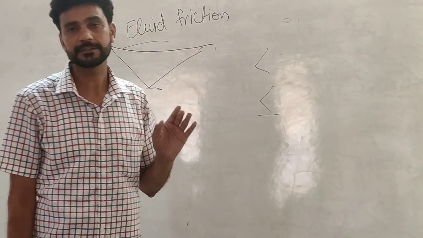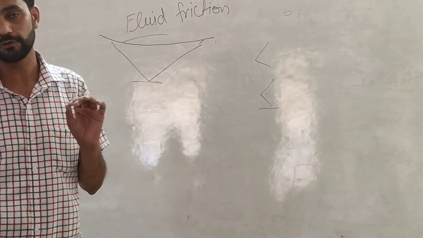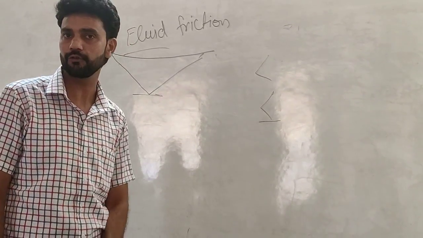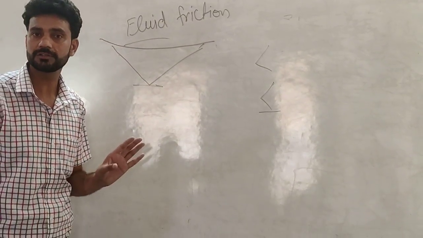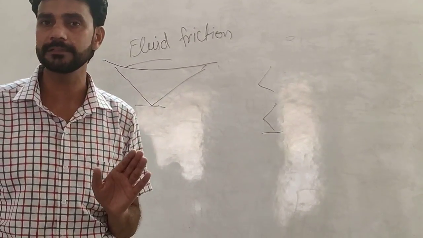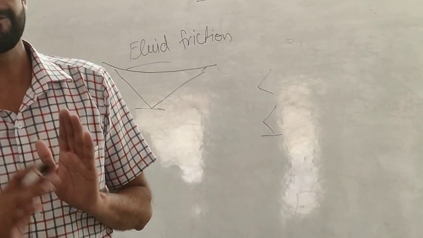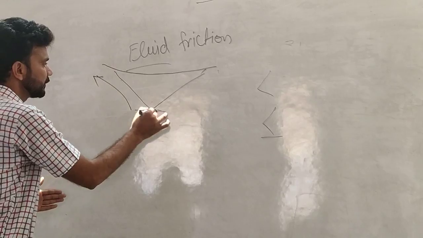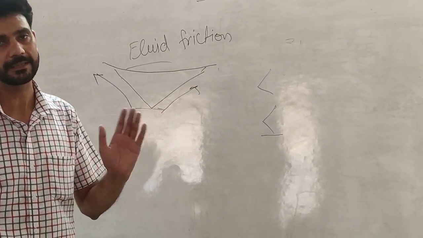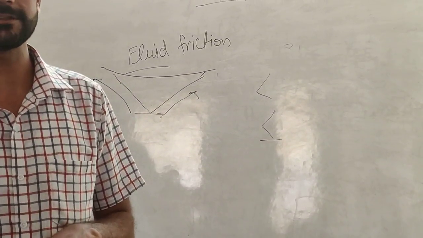Fluid friction is the friction exerted by fluids. Fluids are the things which can flow, like air and water. Why do the things have streamline shape? They have streamline shape to reduce fluid friction, because the air and water can pass in this direction and in this direction, so the object can easily move. So they have streamline shape.